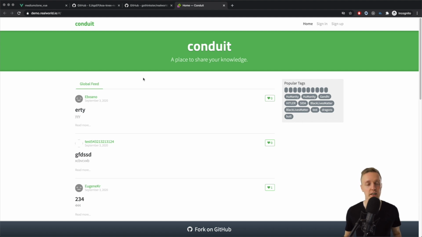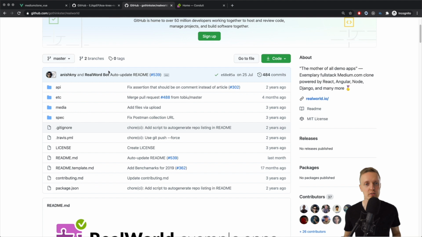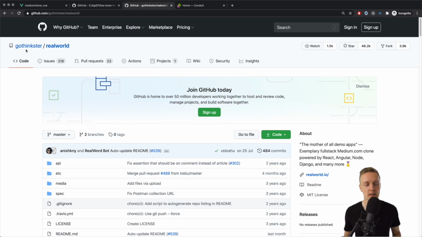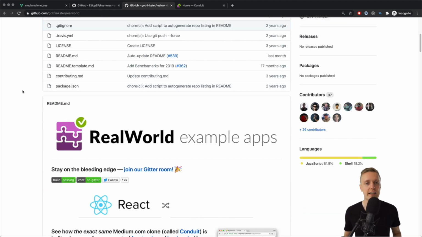In this video, I want to show you the application that we will create as well as set up your own API. So let's start with the application. Here I have demo real-world.io, and you might ask what is real-world at all, and here is the main repository. So here you can see on GitHub gothinkster/realworld, and the idea is that this is the